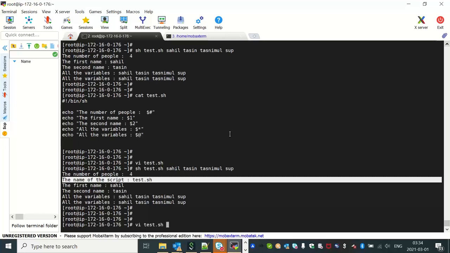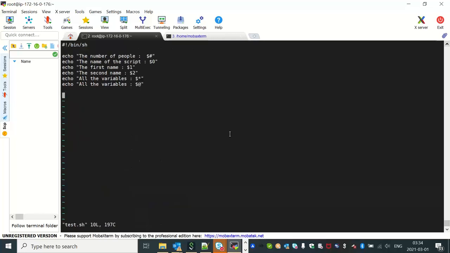Let's say in the same script, at the end I want to print out all the variables as separate arguments. So what I can do is, for i in $@,